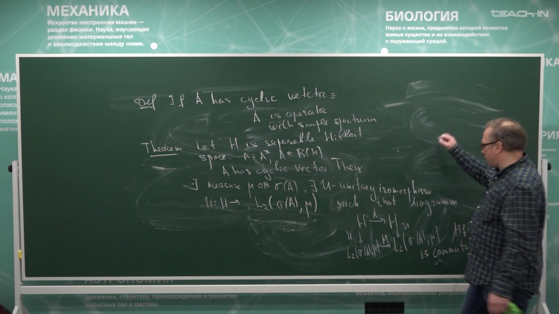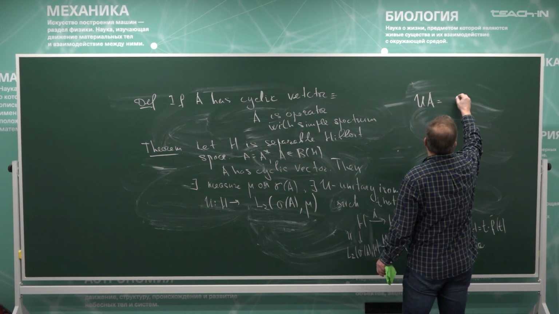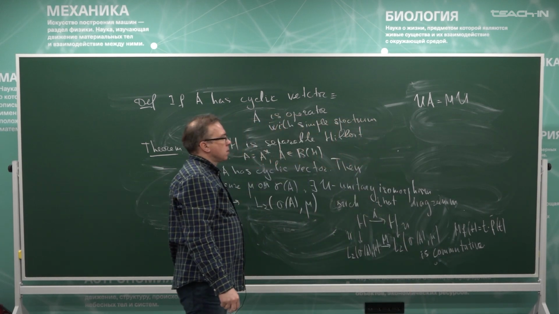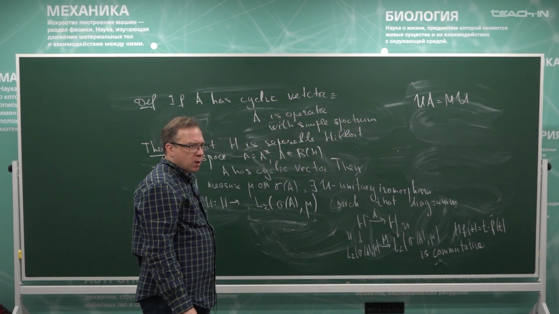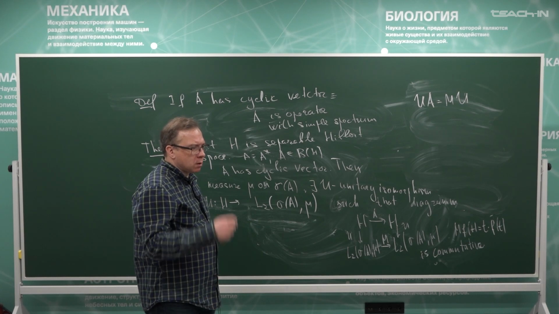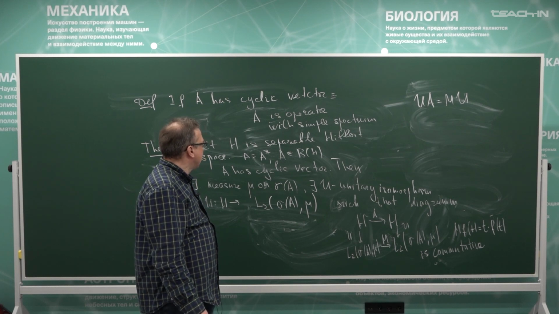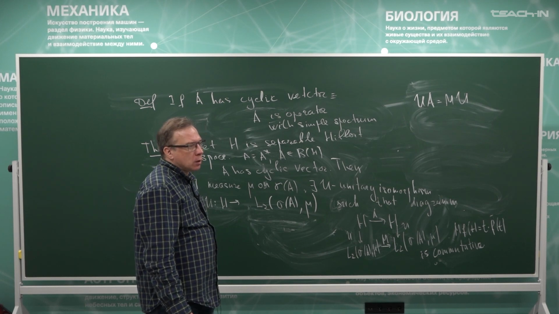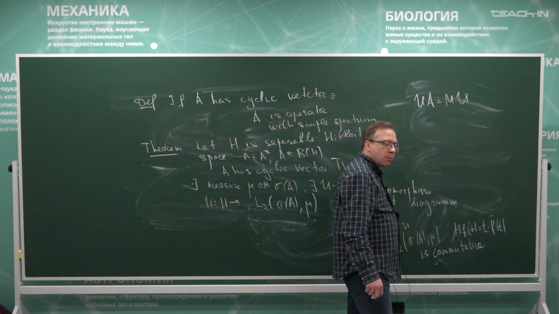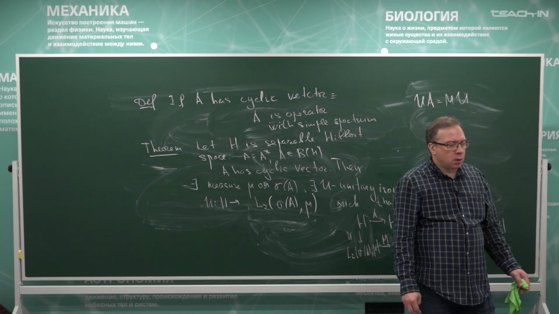Commutative diagram means that A then U equals U then M. So this is a similarity of operators. Any self-adjoint operator with simple spectrum, or with cyclic vector, is unitarily equivalent to the operator of multiplication by the independent variable. Again, examples